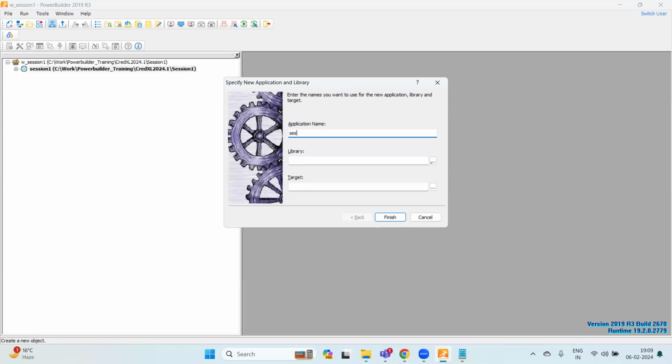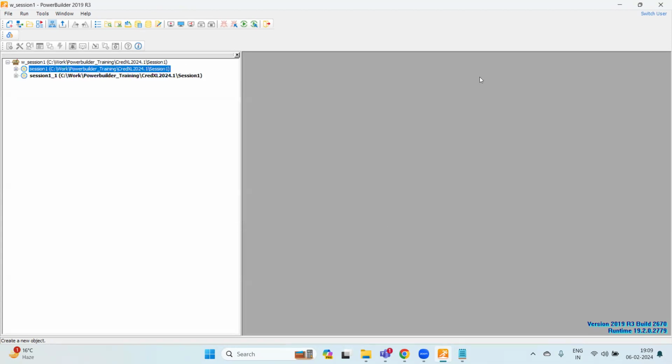I'm saying session 1/1. Then it creates a library by default with the same name and a PBT. Okay, PBT is a PowerBuilder target, and PBL is a PowerBuilder library. When you finish it, you will see